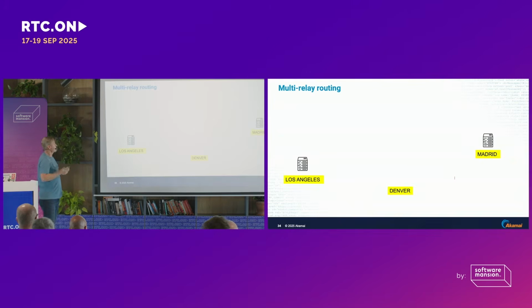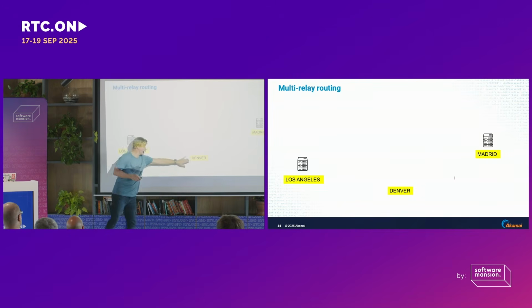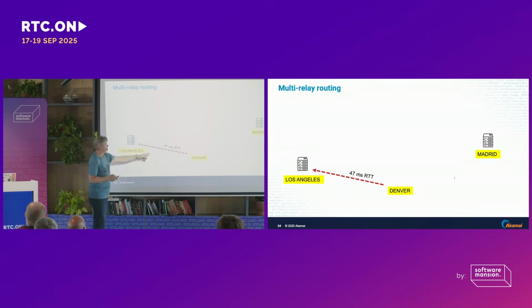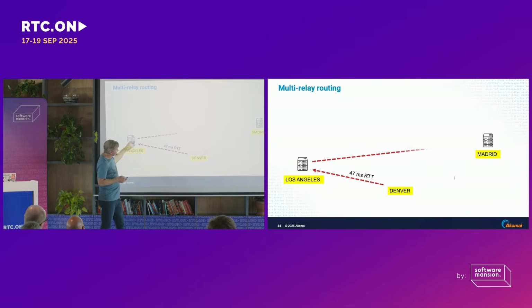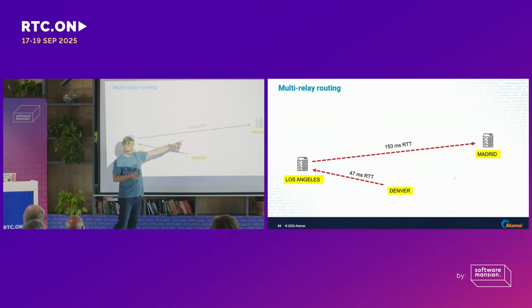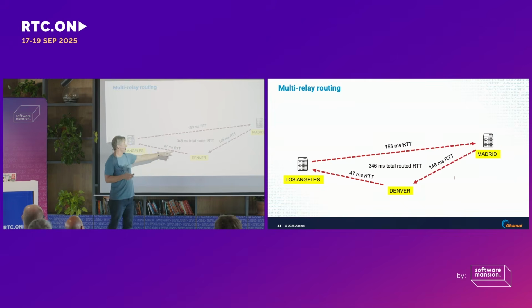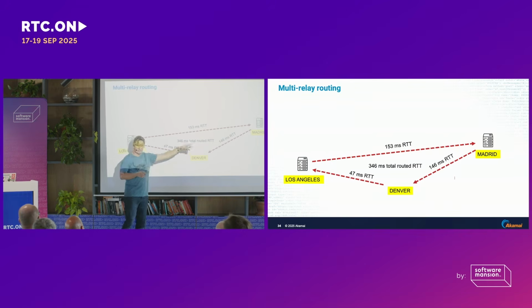Next, this was a player I built to test multi-relay routing, right? So we're going to have networks of relays, and we want to test how we can forward content. So I was in Denver when I recorded this. I'm sending my request to a relay server hosted on Akamai in Los Angeles. We're then reflecting it to another relay server in Madrid, and then I'm subscribing back from it. So these are the actual RTTs measured. That's my total RTT.